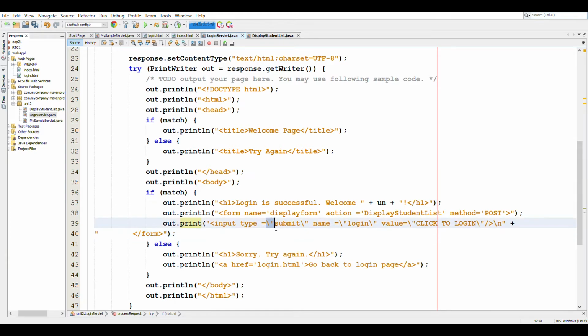So here we are creating a submit button, and the name of the submit button is, let's call it display. The value that will appear on the button will be click to view student list.